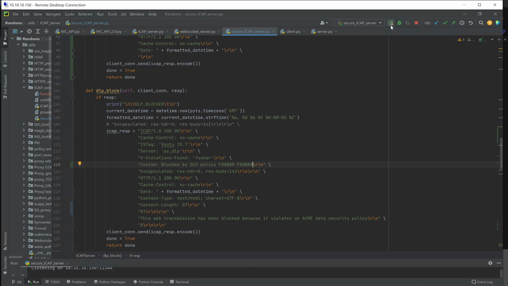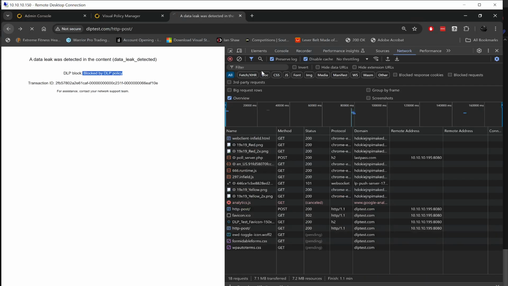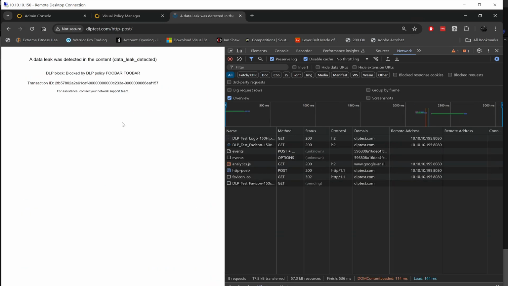I'm going to stop my DLP server. I restart my DLP server, and then I'm going to go back into my test. I'm going to go back, wipe this. I'm going to post that secret, and this time I get blocked by DLP policy, foo bar. So you can add whatever you want there. You could maybe label your DLP rules,